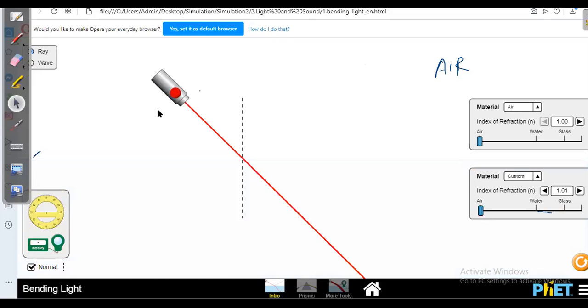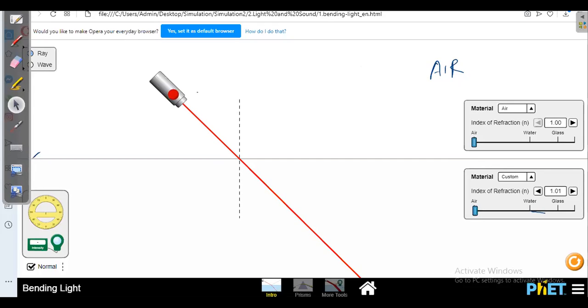what happens? When I am giving the beam, there is no reflection or refraction. The beam is simply going, because the light is traveling in the same medium. When the light travels in the same medium, you will not get any reflection or refraction. But if it goes to some other medium, then there may be reflection or refraction or total internal reflection. So first, we should know that when we are in the same medium, there is no total internal reflection.